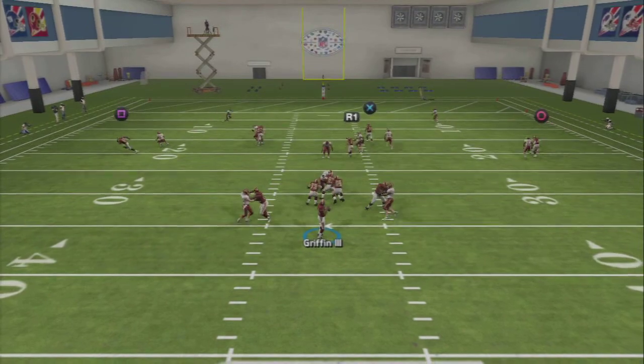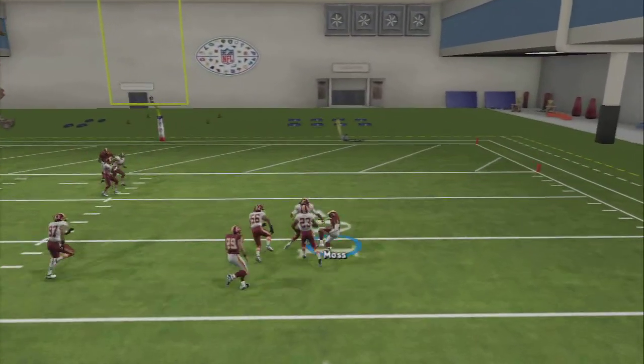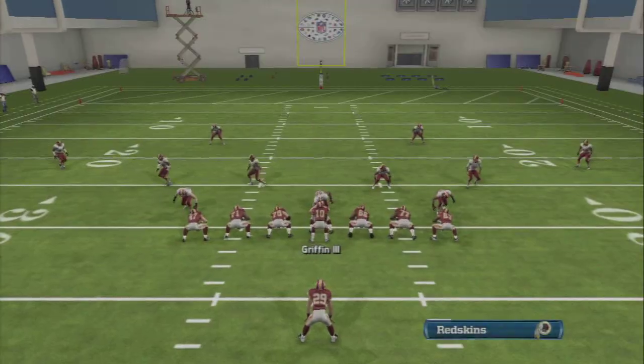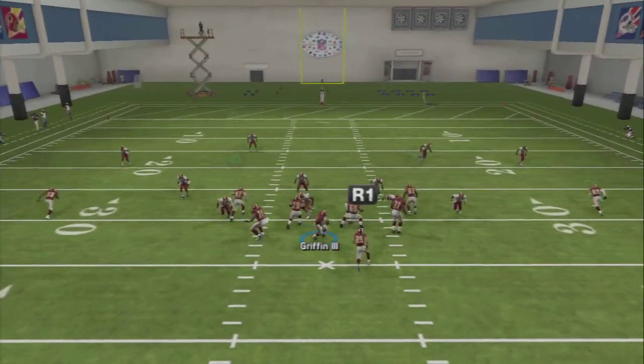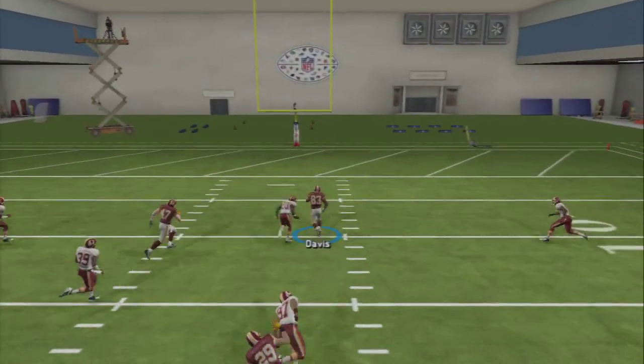Zone coverage could be kind of dicey, but again, we have the other routes here for zone coverage. You see these streaks are so effective this year. So that's going to do it for that play. The play action audible,